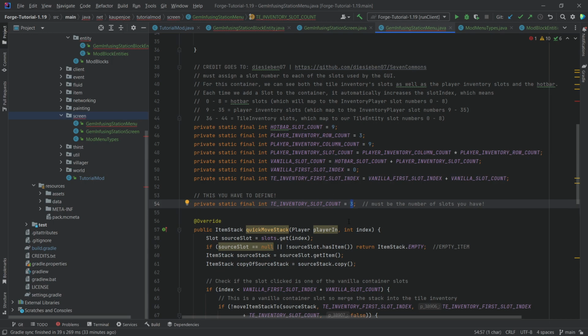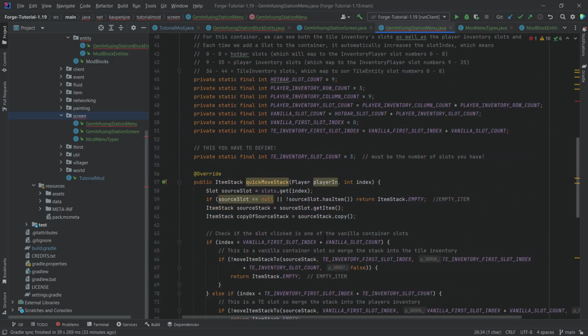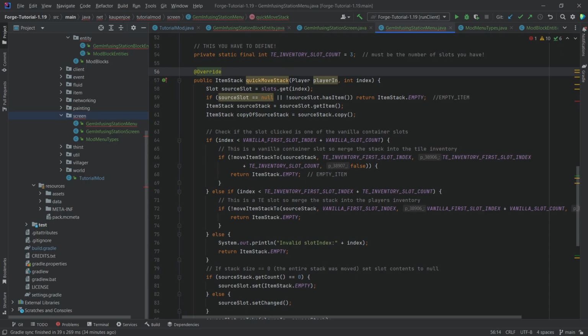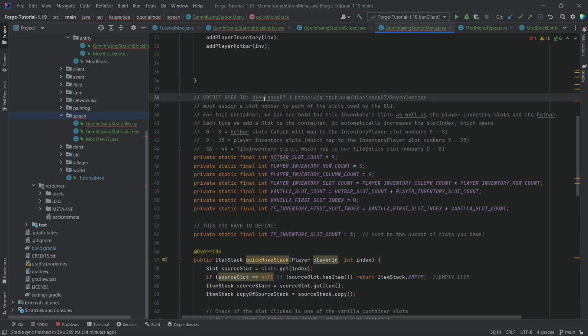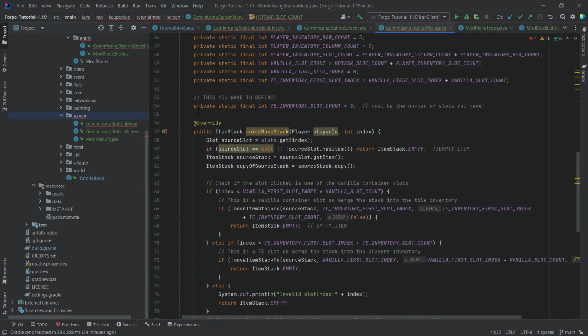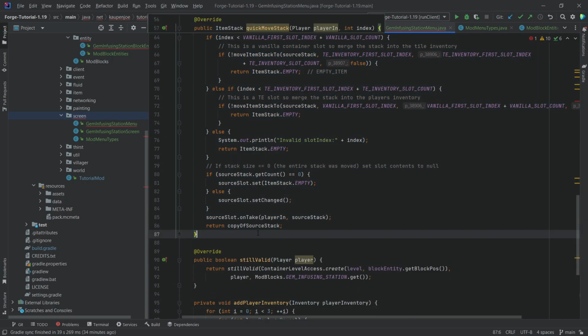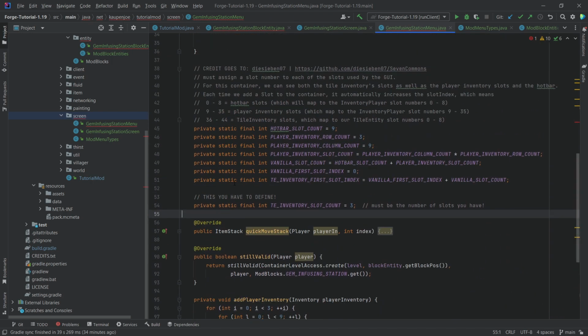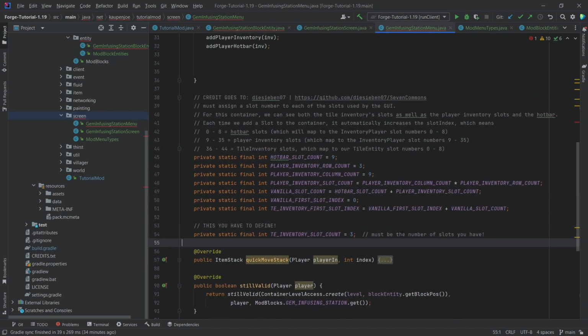This always needs to be the same number as you have right here. So keep that in mind, and then you should be fine. Yes, we could go through this in half an hour or so, but you know what? We're just going to thank DZM07 here for making this available for us so that we can basically just use this, not worry about it, and just make this small and never look at this again,